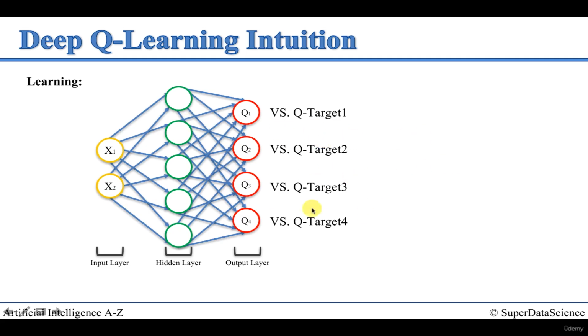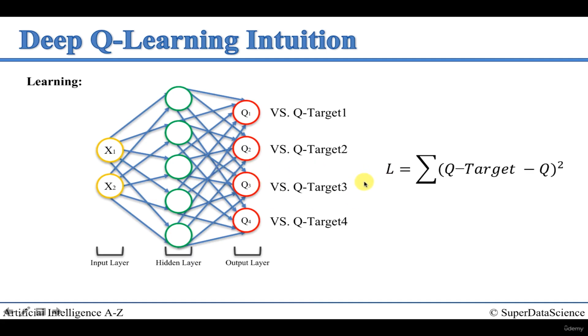And from here, it becomes pretty straightforward if you're up to speed with neural networks. Once again, that's all in annex number 1. We're going to calculate a loss, which is L here, and it's going to be Q target, this one, minus Q, this one. We're going to square that, so the squared difference of each one of these, and we're going to sum them. So we're going to take the sum of the squared differences of these Q values and their targets, and that's going to be our loss.